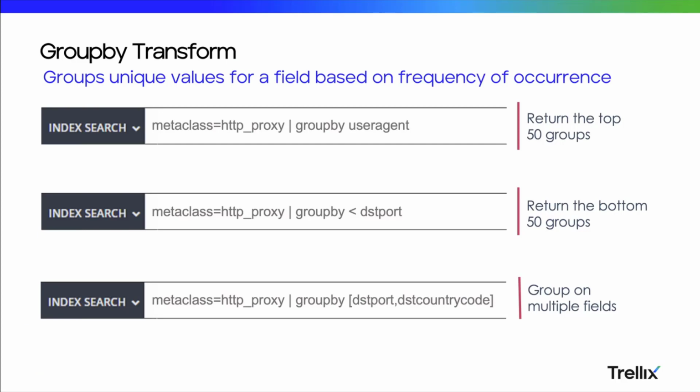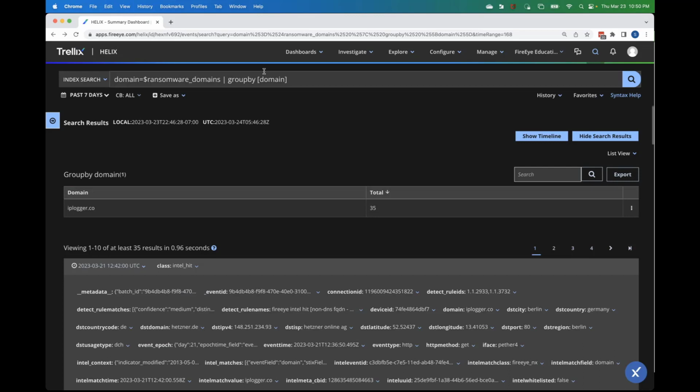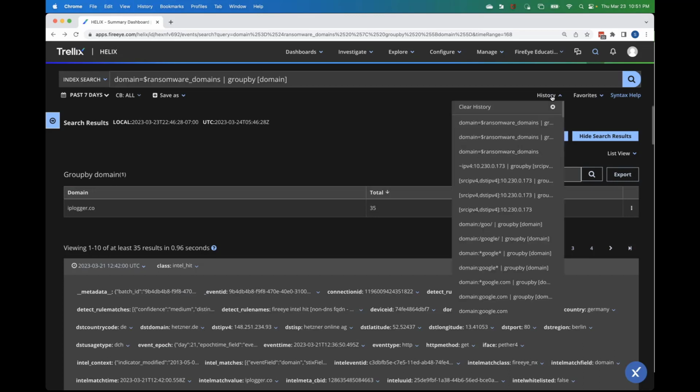So the group by transforms the data that we're seeing and kind of groups it based on frequency of occurrence. And if we just do the default group by, it's going to return the top 50 groups, or I should say up to the top 50 groups. And let me jump into the UI here, and you can see we've got just one domain, right? So that we didn't hit the max there, but let me see if I can find,